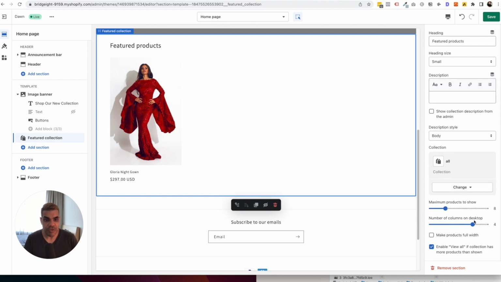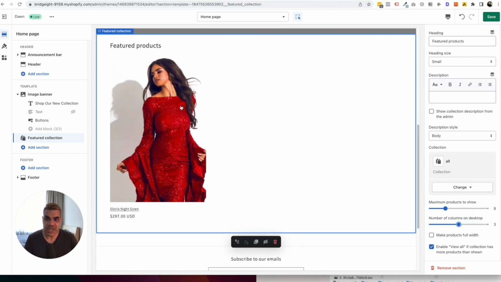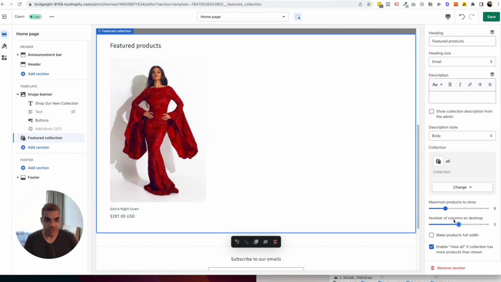8, with the number of columns on the desktop being 4. If you want 3 columns, you could choose 3, and you'll see it resized the column there for me. And 3, 6, I think 9 would be good. So it will be 3 rows if you have more